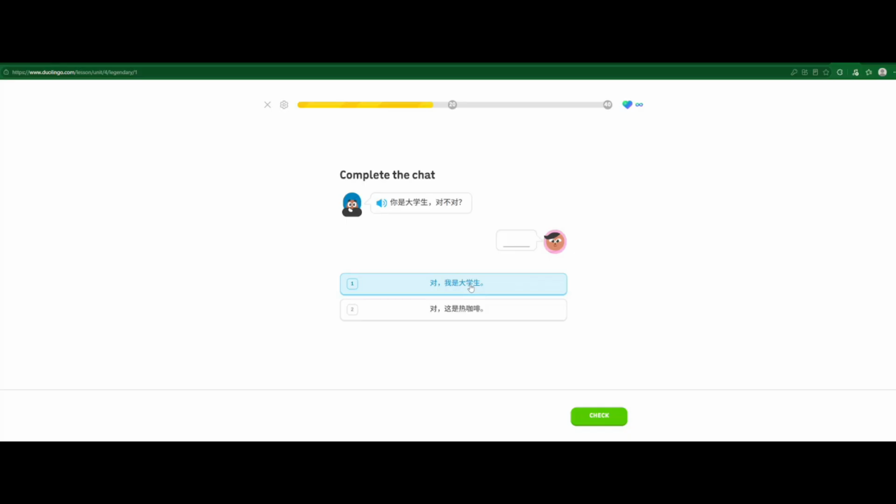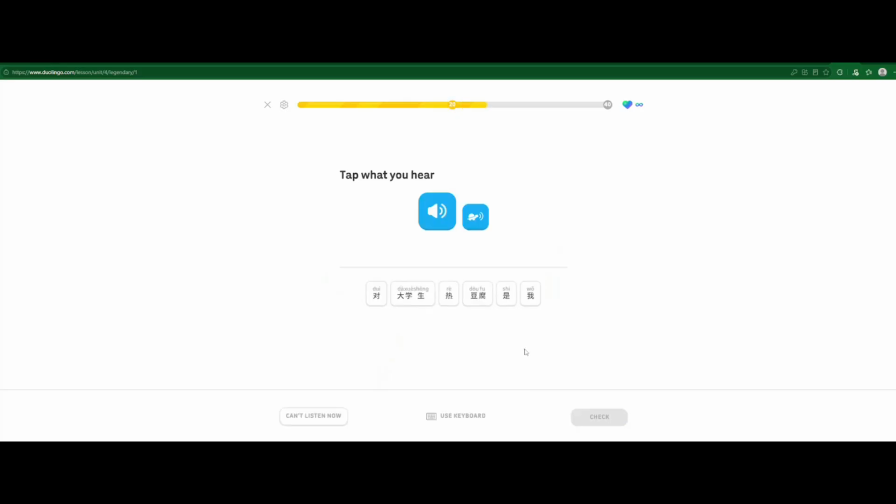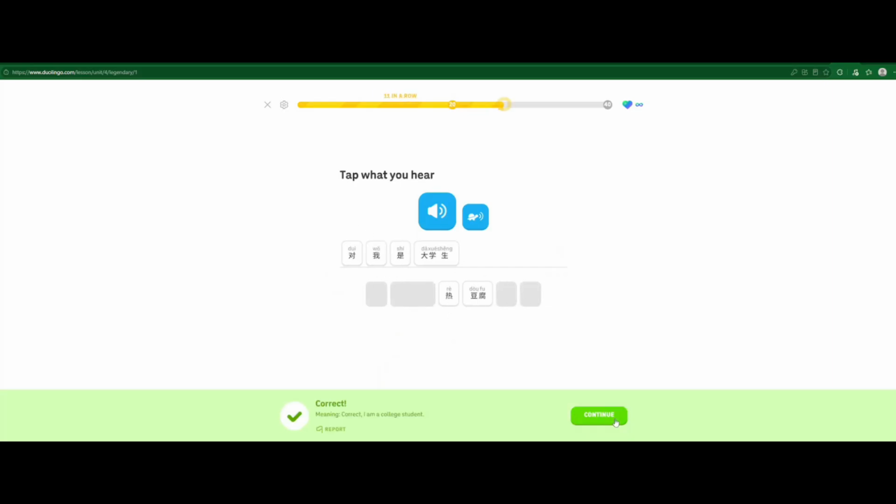Chinese is actually pretty easy. It's just that, well, it's completely different from English, and that's what makes it hard. It's not that the language is super fundamentally complex, although a big part of it is that the characters are definitely not for the faint of heart. And the thing is that... 我是大学生.